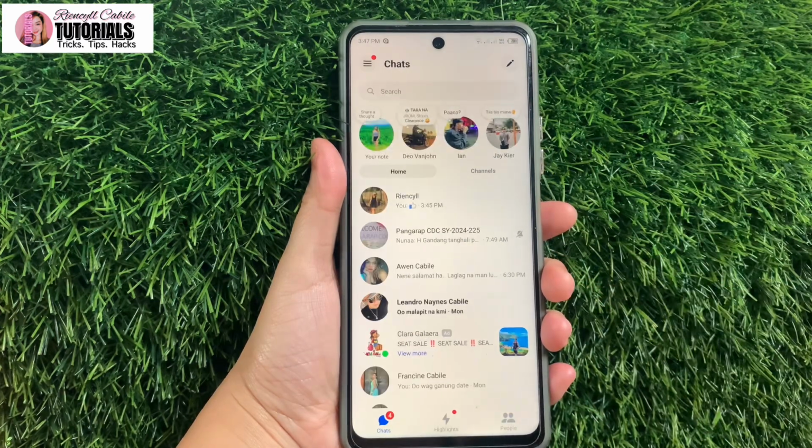So ayun lang guys, ganun lang kasimple kung paano nga ba i-hide ang mga message requests sa chat list ng